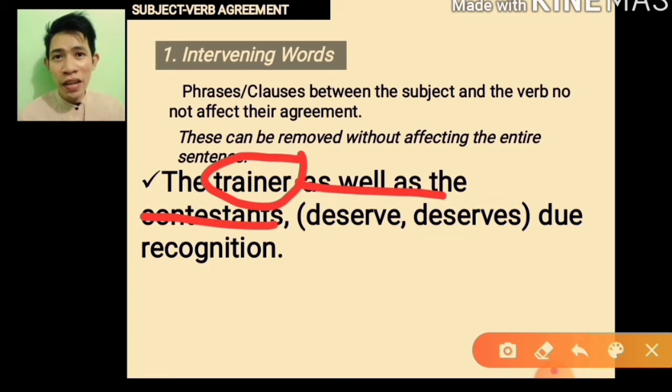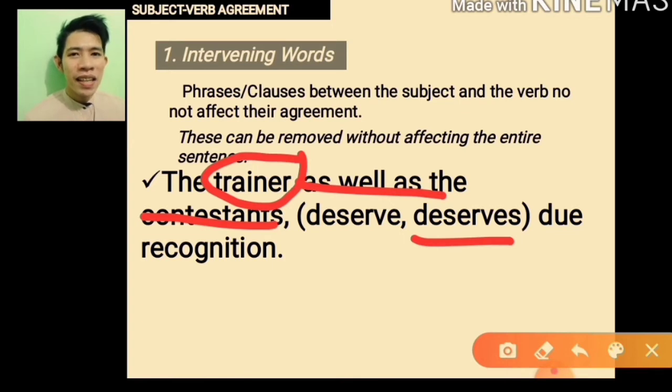No S. Trainer ha, wala siyang S. So, that is singular noun. Trainer kasi walang S. So, the verb must be singular as well. Ano nga ulit po yun kapag singular ang verb? Anong mangyayari? That is deserves. May S ang verb. Okay? Kasi trainer is